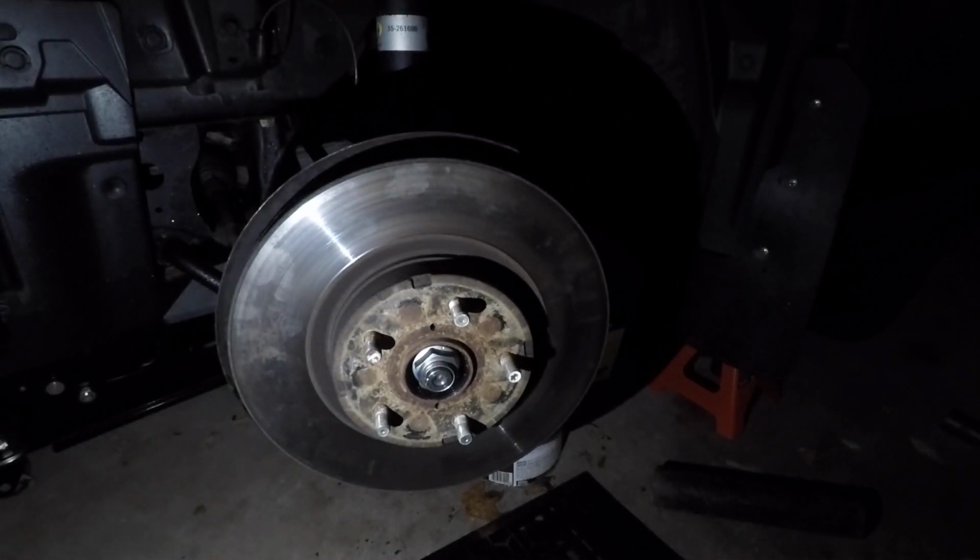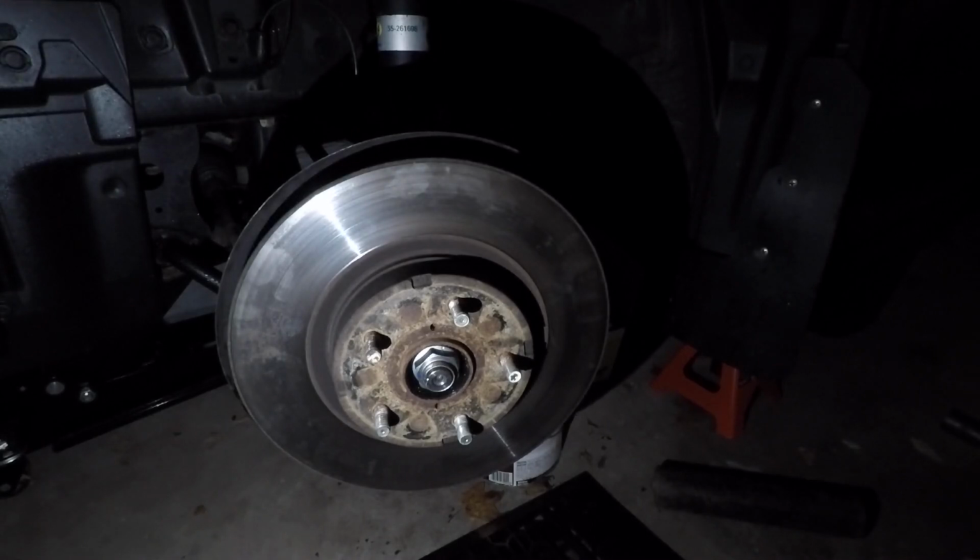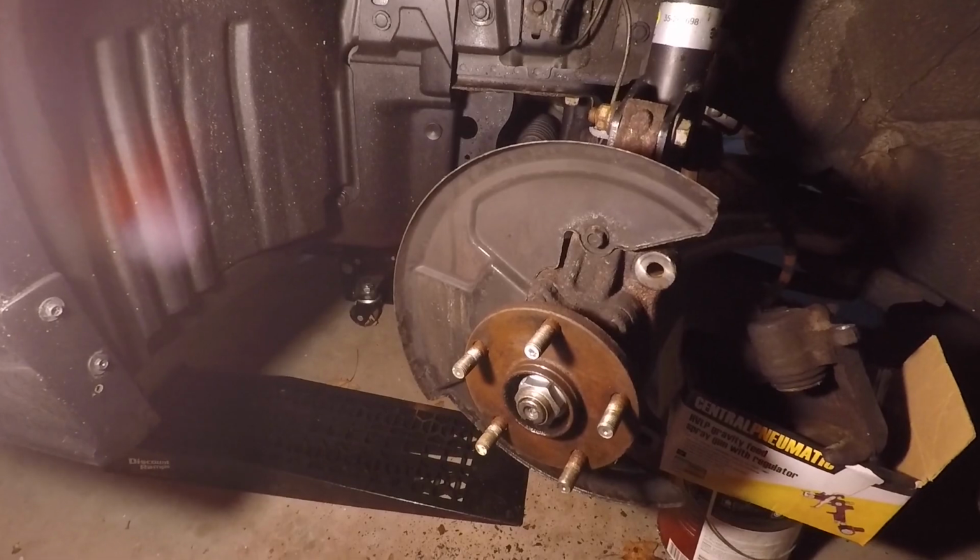So that's what I'm actually gonna do. Ideally you want to use a rubber mallet, but if not, a regular hammer can do it, but just remember it's gonna be very loud. So once you have the old rotor off,